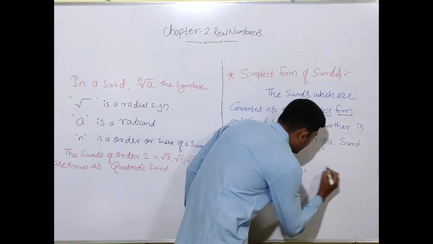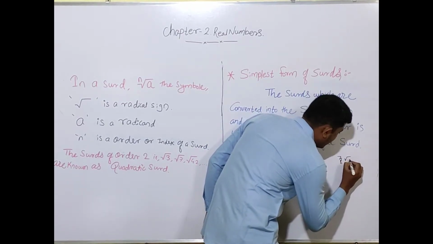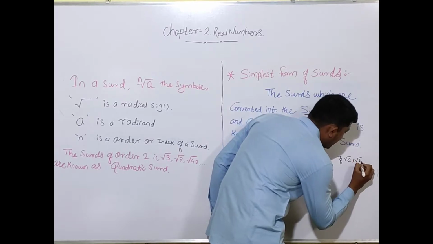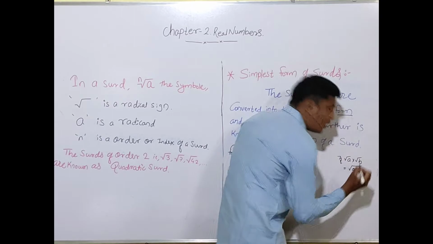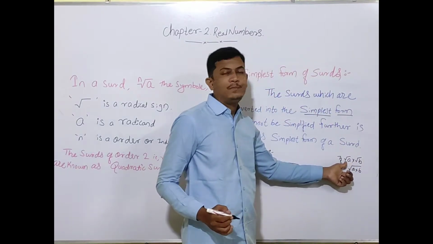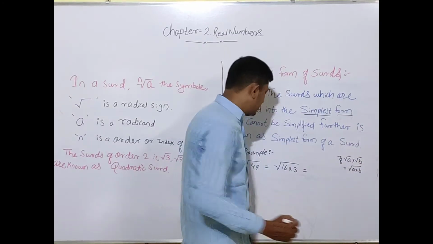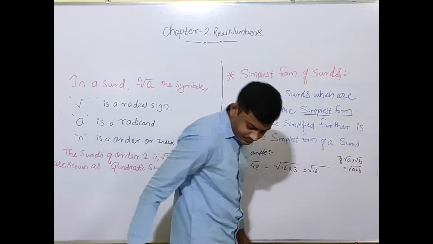That is, root of a into root of b, we write it as root of a into b, or vice versa. If root of a into b is there, then we can give it as root of a into root of b. So we can expand this term as root of 16